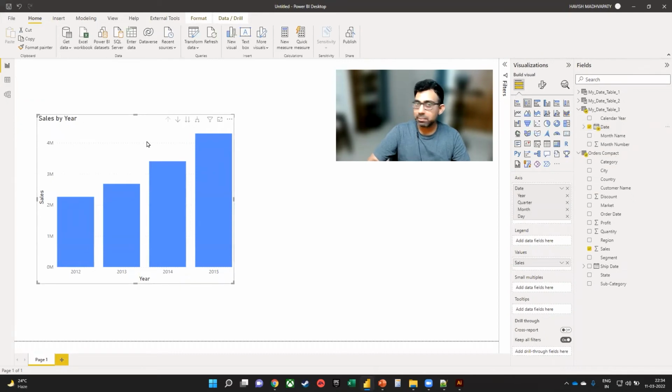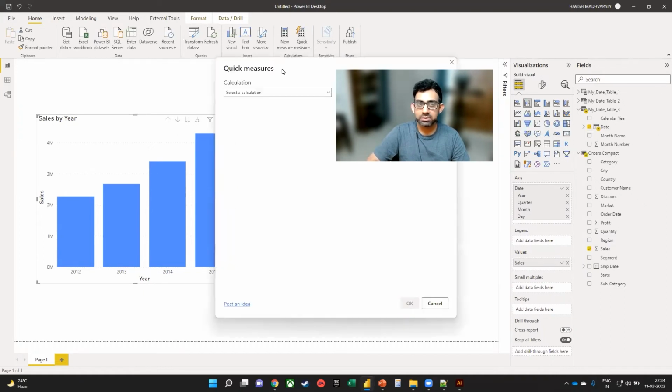Once again, let me remind you that the visualization hasn't really changed. But the reason we wanted to do this was because if we want to do time intelligence calculations, we need to mandatorily have a date table. So if I go to quick measure, just to give you an instance, and I select, let us say, the calculation for my